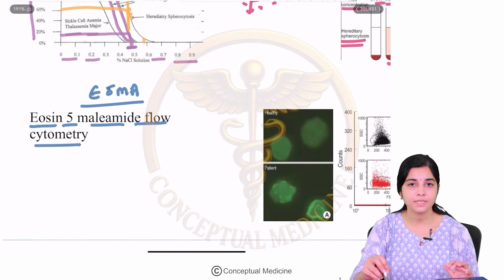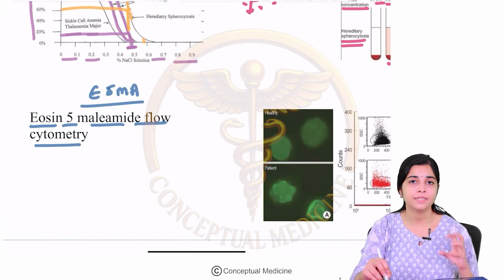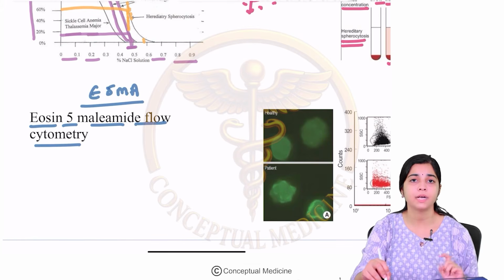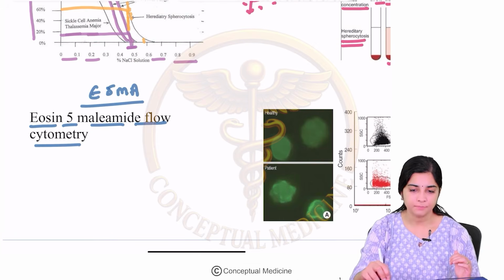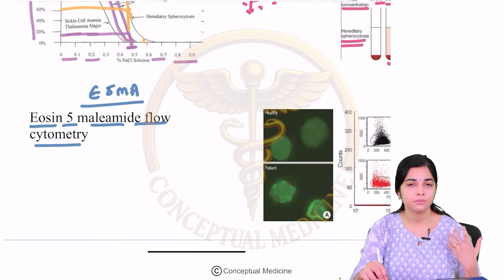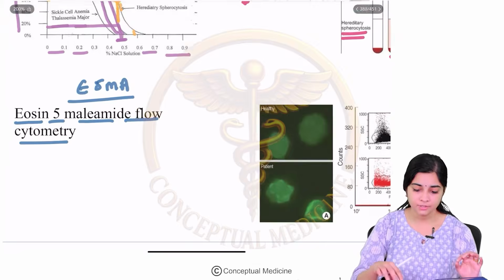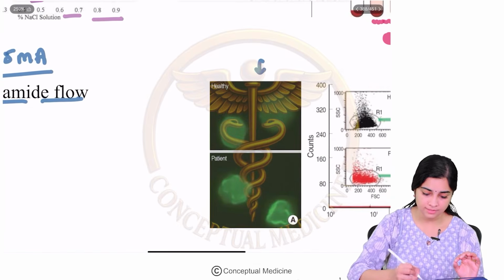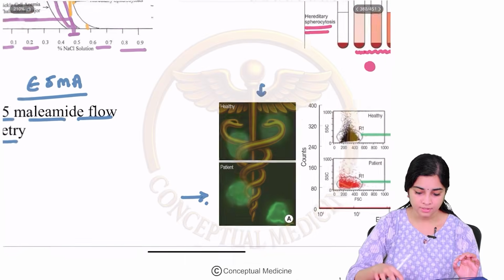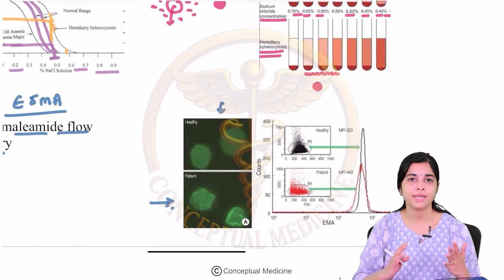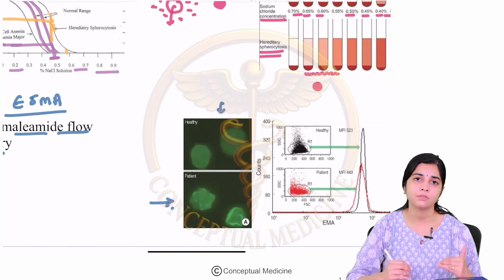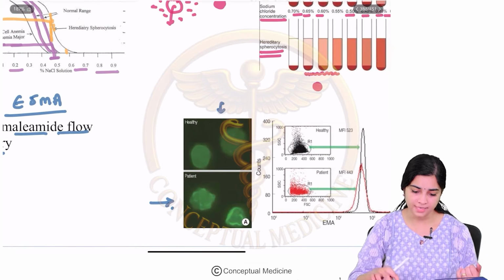So here what we are seeing is that eosin 5 maleimide is basically an agent which specifically binds to the band 3 of the RBC cytoskeleton, right? So if you do a flow cytometry based on this particular eosin 5 maleimide agent, you put it to a healthy individual versus a patient. If there is a defect, then you do a flow cytometry based on the scatter and you find out that the output is much lower. That means that there is a deficiency of band 3,